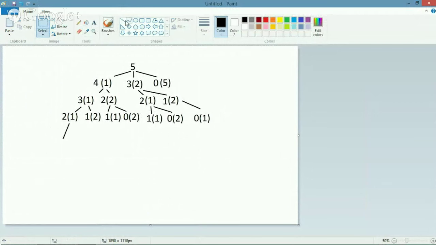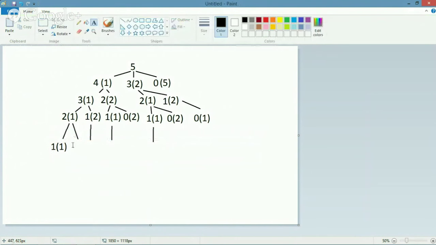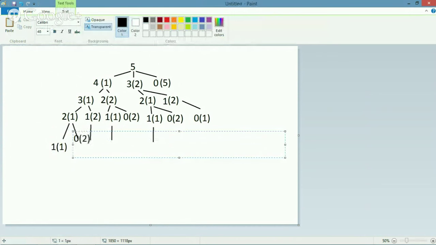Okay. Here. So we still can expand something here. We take one away and we take two away, so we should